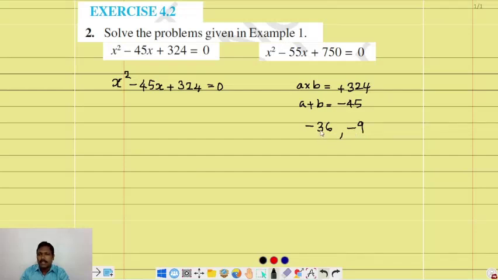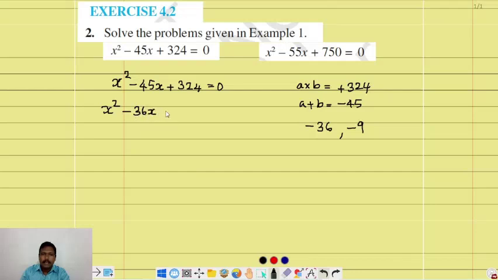You can check 36 into 9. What is 36 into 9? 36 into 9 will be 324 and 36 plus 9 is how much? 45. So let us do it. Using the identity, you can directly do it. Okay, so anyway, x squared minus